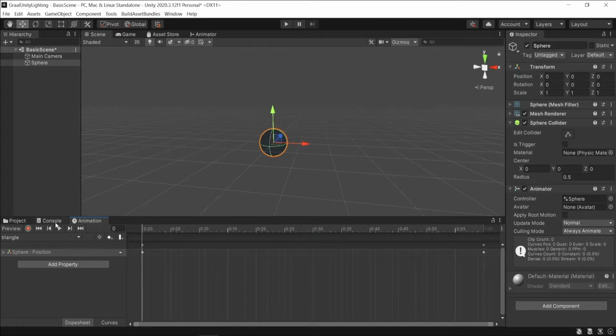So first position is going to be here. We're going to make it a bit faster also. Then we're going to position it at -1. Then we're going to go towards 1. Actually, let's make it first go to position 2. Then we're going to go to -2. And then here we're going to go towards 1 on the y-axis. So when we actually play this animation,